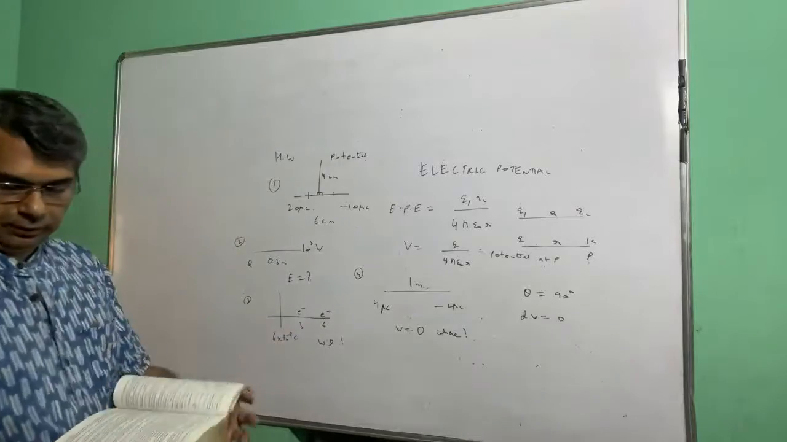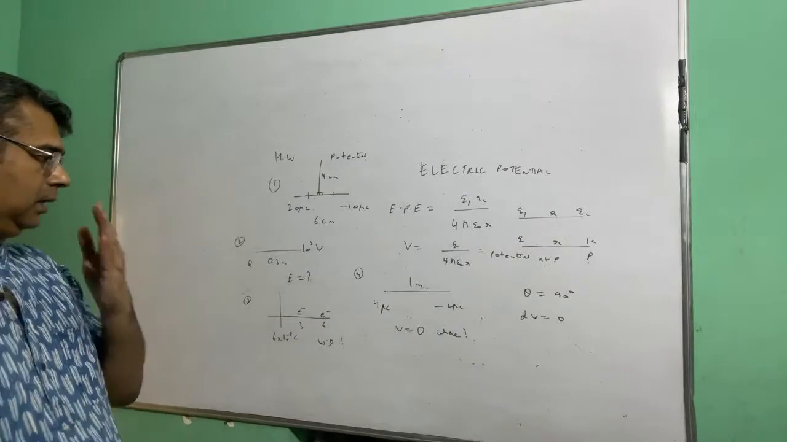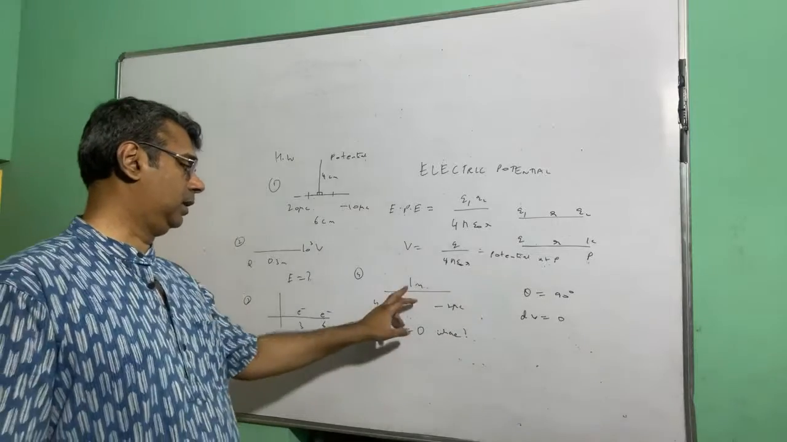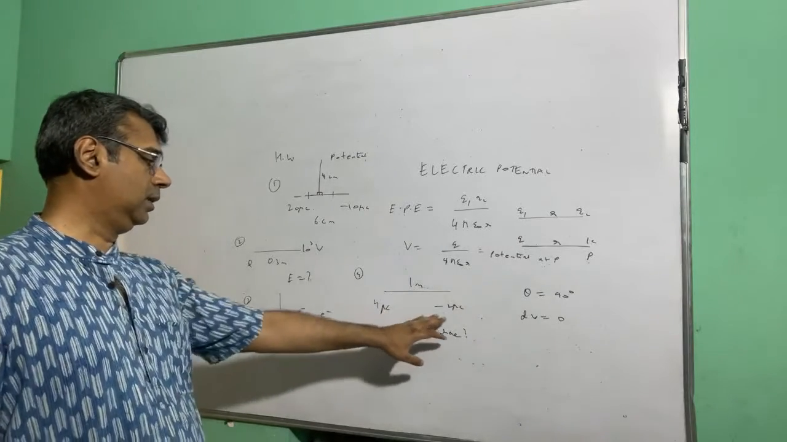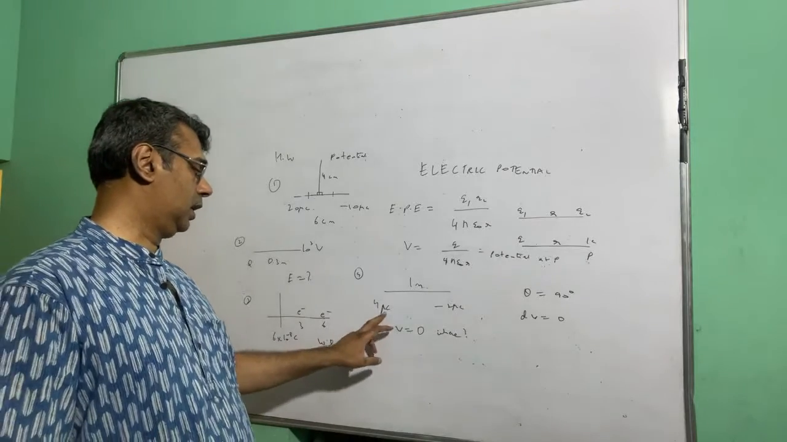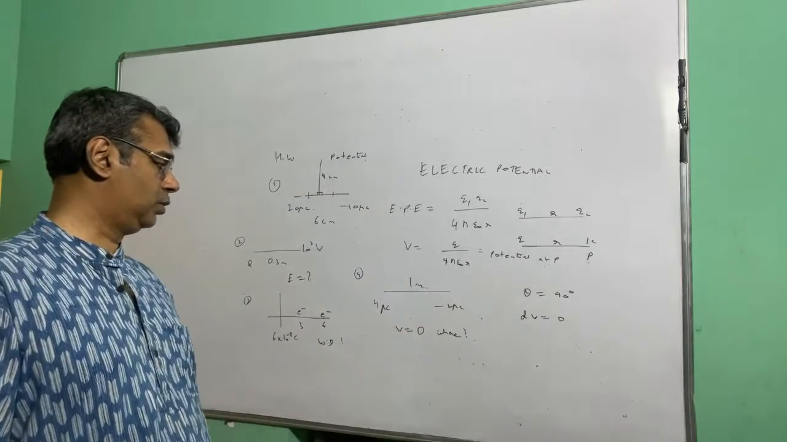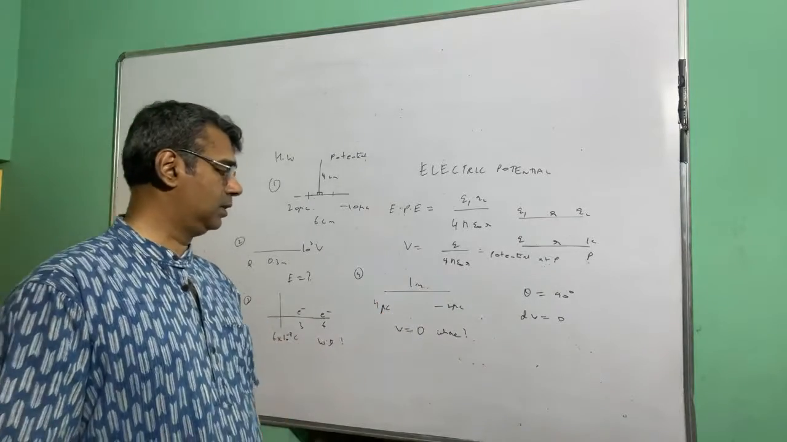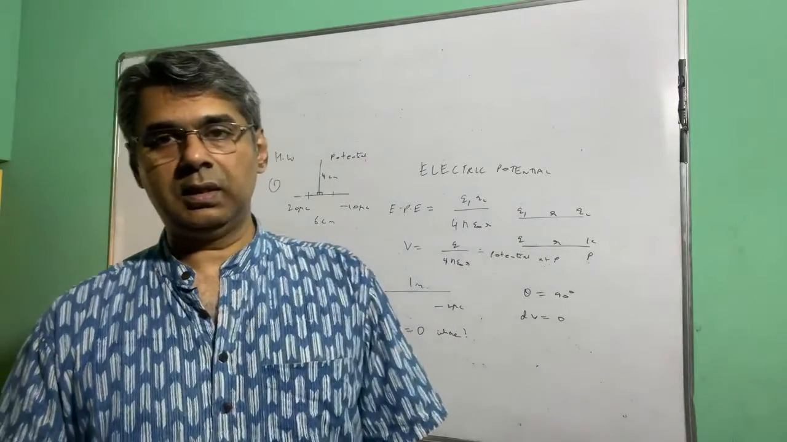And question number 4, there are two charges, 4 microcoulomb and minus 2 microcoulomb, separated by 1 meter. On this line, at which point is the potential 0? So there is a charge 4 microcoulomb, there is a charge minus 2 microcoulomb, and the distance between them is 1 meter. On this line, where is the potential 0? So these are the 4 homework